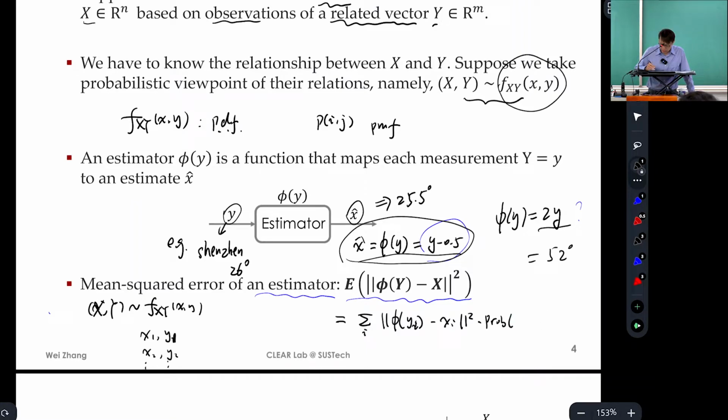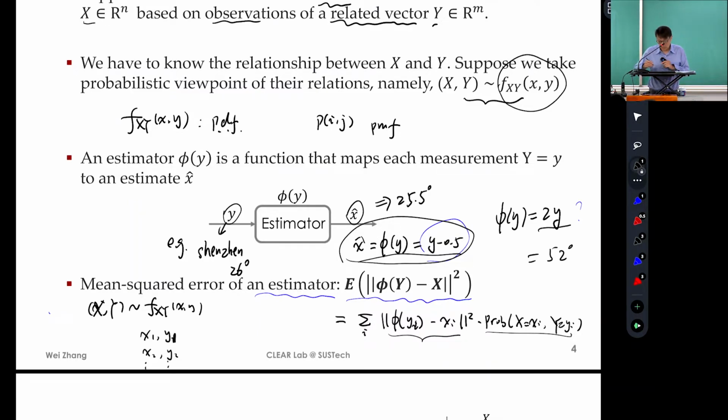If I write it more cleanly, it's x equal to small xi, y equal to yi, okay? So x may take multiple values. X and y are jointly distributed. They take multiple values, and each of them occurs with this probability. For each of these cases, you will have an error. A sum over this error gives you the so-called least squared error. But this is in the expectation sense, so it's called the mean squared error. Any questions?